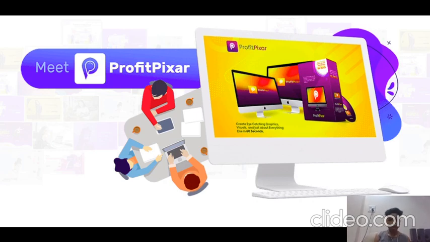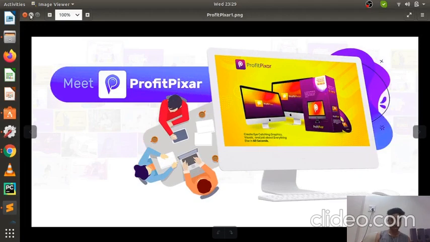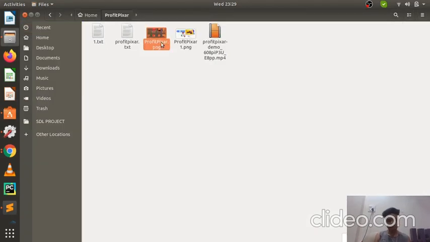Before starting this review, I want to tell you where you can use this product. This product is basically a graphic designing product. People who are into professional graphic designing can use it, or, like in this quarantine season, many people are learning new skills. If you are learning graphic designing, this is the software for you. Before getting into the things I liked, I just want to show you where you can use this product.